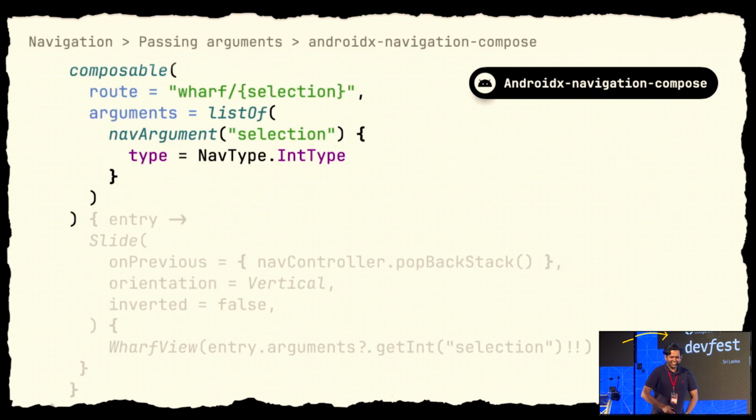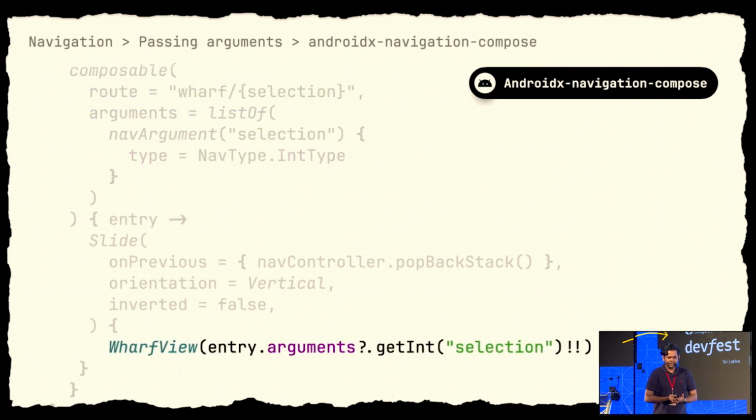Apart from that side tangent, another thing you will have to do is to explicitly type what type of parameters to expect. And you're essentially redeclaring the same thing that you declared once again. And when you want to show that information, you need to manually deserialize that information again. This is a lot of work. So